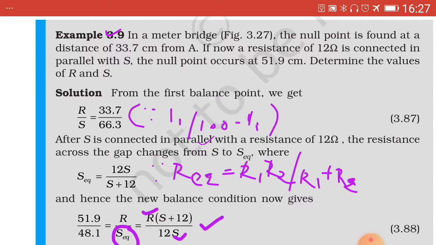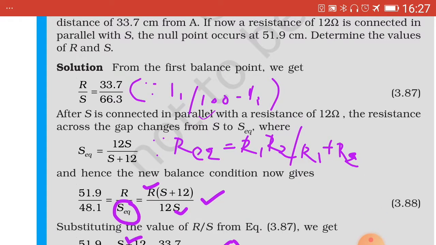Because of the formula for equivalent resistance in the case of parallel connection of resistors, R1 R2 upon R1 plus R2. 12 ohms is connected in parallel with S, so 12 multiplied by S, so 12S upon S plus 12. And hence the new balance condition will be